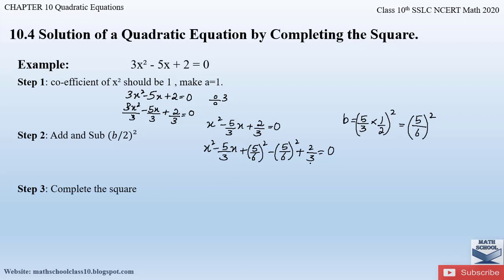If you observe this equation, and consider the first 3 terms, this is of the form a minus b the whole square, that is equal to a square minus 2ab plus b square, right? So let me show you here. The first term a is equal to x, this is the b square term, and b is equal to 5 by 6.